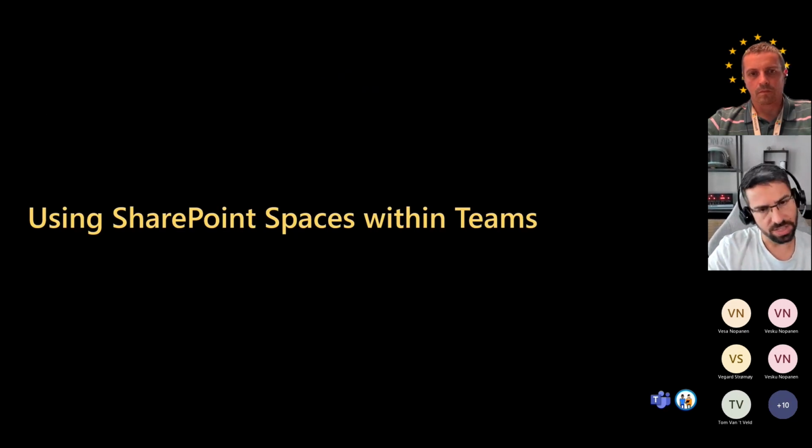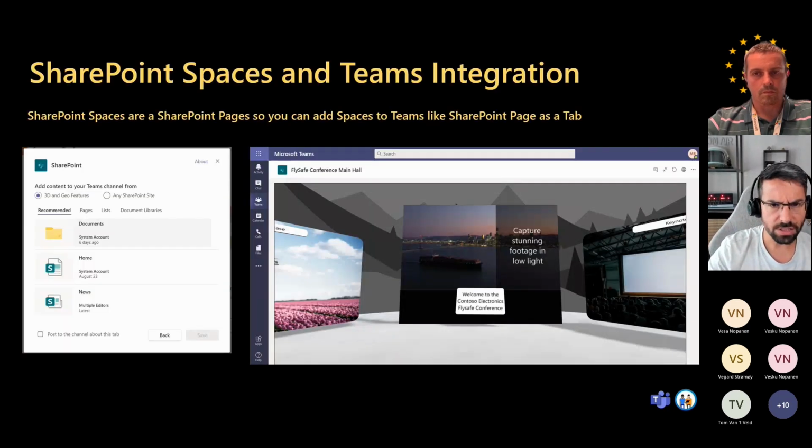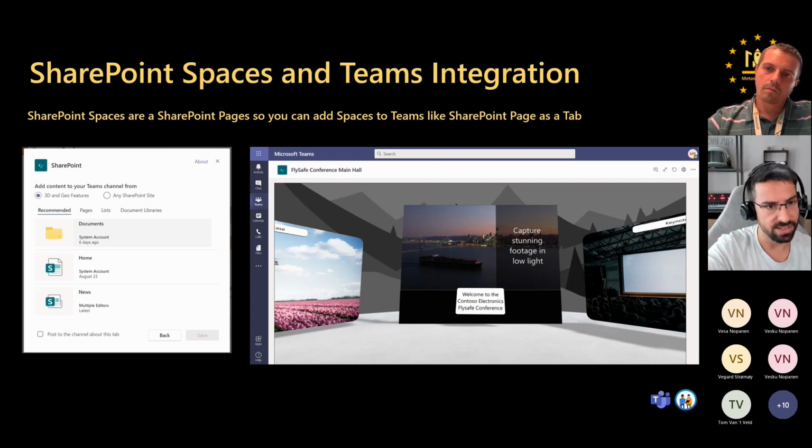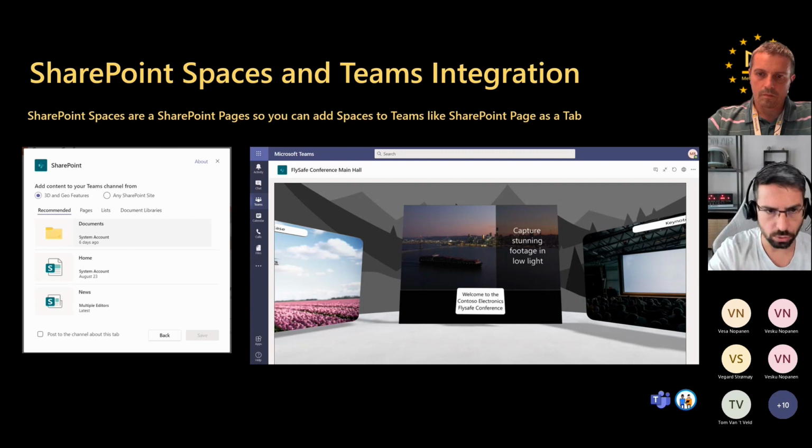So what about using SharePoint Spaces to represent documents, for example, inside Microsoft Teams? Basically, the simple way is to use the SharePoint tab inside a specific channel, and you are able to select whether the site is enabled to use the SharePoint Spaces, the 3D and geo features. Or if you want, you are able to select any SharePoint site and then change the page that you want to show. This is the way to add a SharePoint space as a tab in a specific